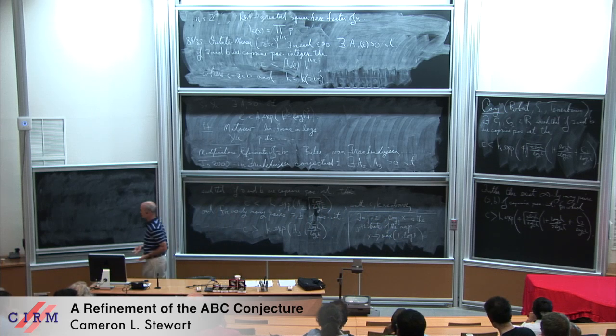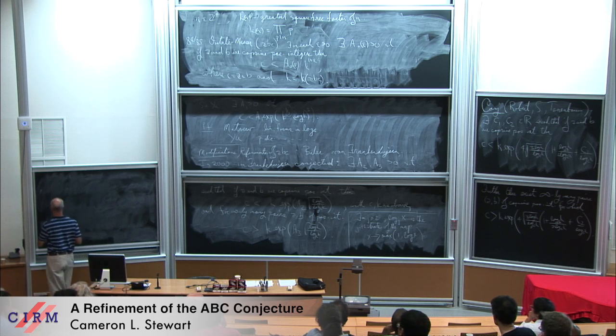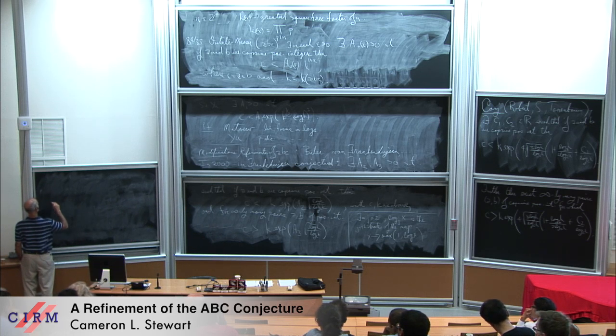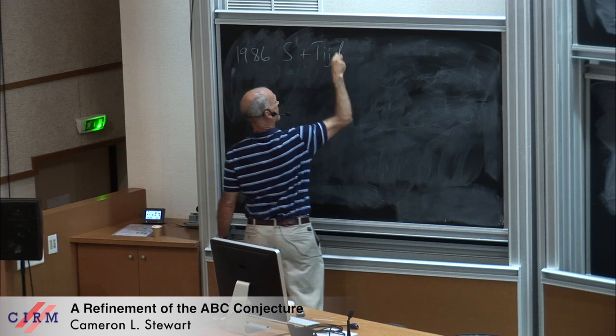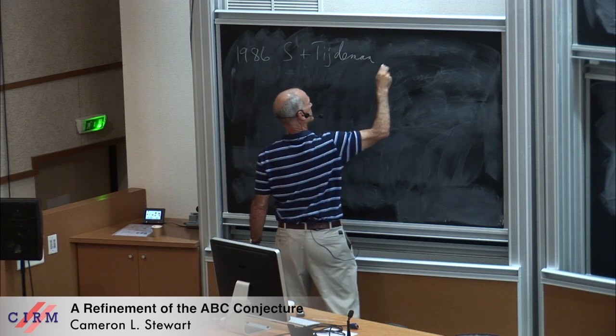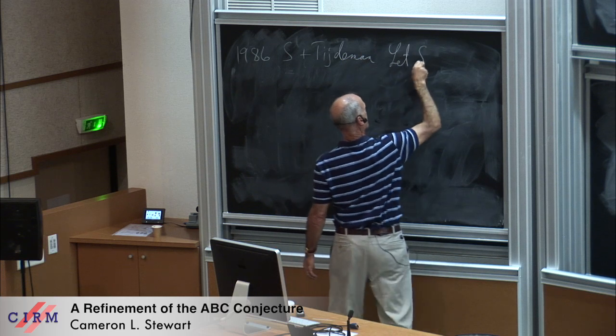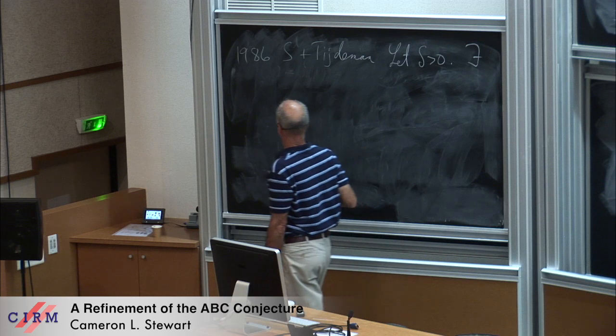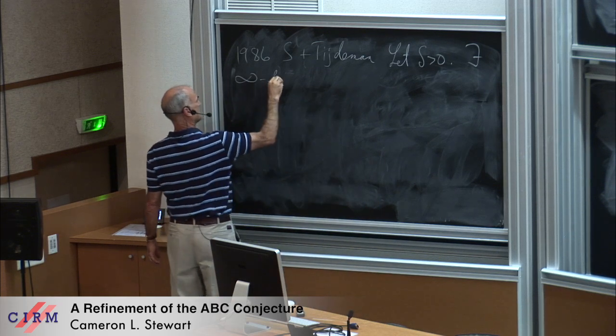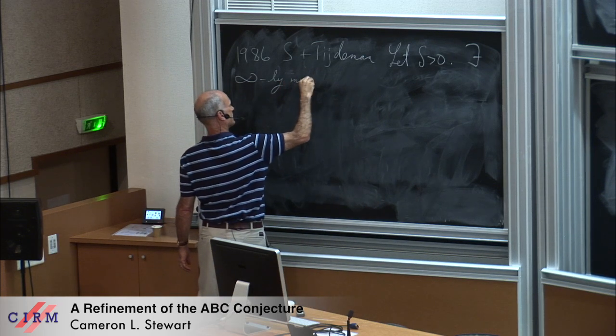Can we construct examples for which that is maybe not so implausible? And with Tiedemann, we proved the following. So there exist infinitely many pairs